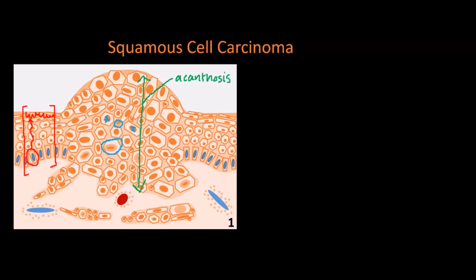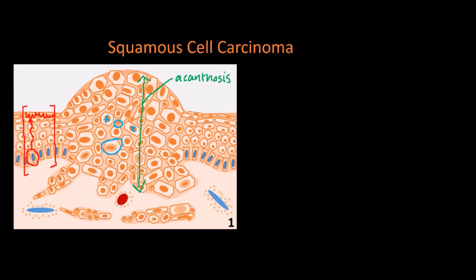And one thing to note about acanthosis is that it's always relative to where you are in the body. So for example, the epidermis on top of your eyelid is very thin, but the epidermis in the palms and soles of your hands and your feet are much thicker. And so what might be a normal thickness in one part of the body might be an abnormal thickness of epidermis in another part of the body. So it's always important to know that it's relative. But in this case, relative to the normal span of epidermis we highlighted, there's clear hyperplasia or acanthosis in the